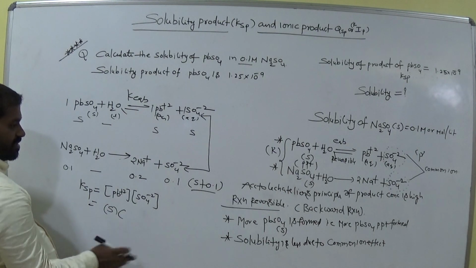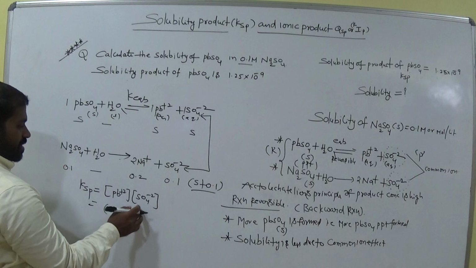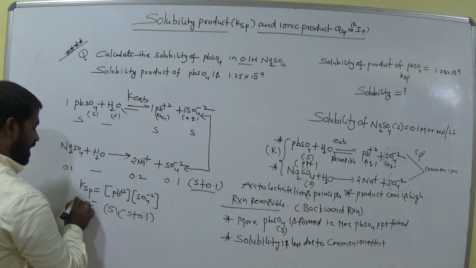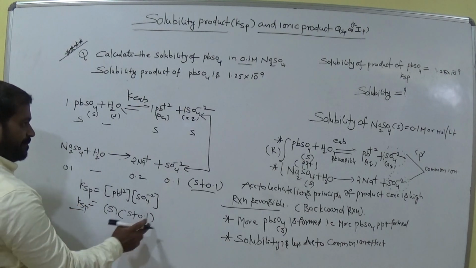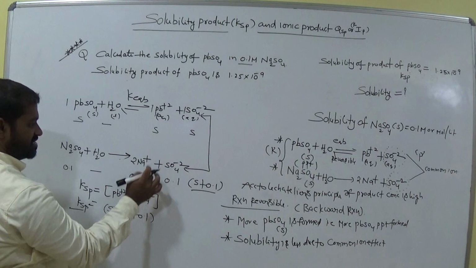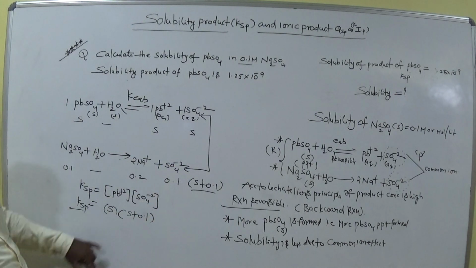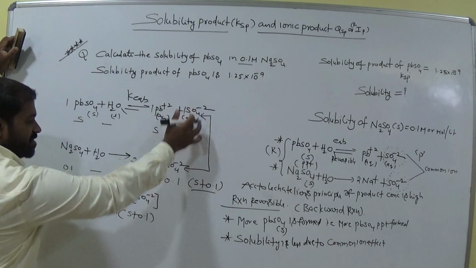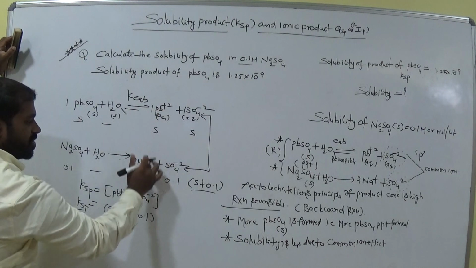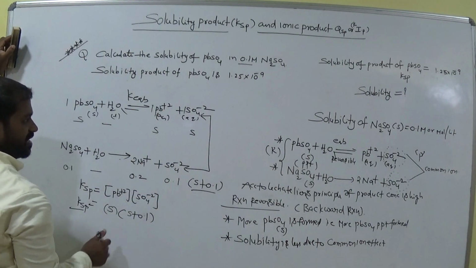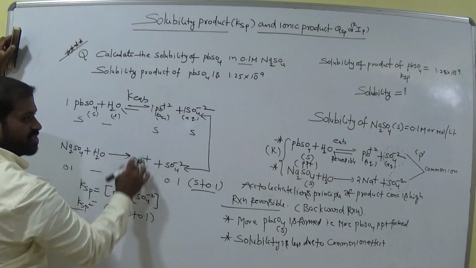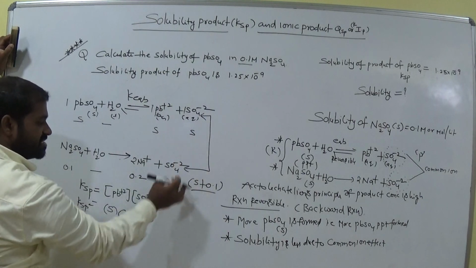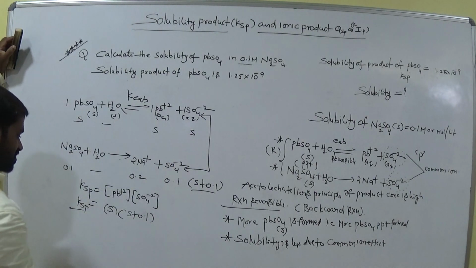Is it clear or not? So let's see. S plus 0.1, Ksp, remember this. We compare only these concentrations, not these two. Listen. Just take S, okay? For this one it is S only. We compare this with the total sulfate ion concentration. Why? Because these two are not common. Remember this. It is lead 2+ and Na+. Both are not common. Remember this. These two only are common. Am I right? Now total solubility is S plus 0.1. Am I right?